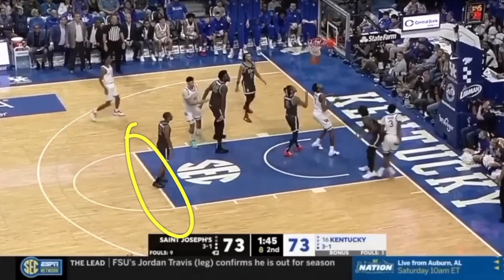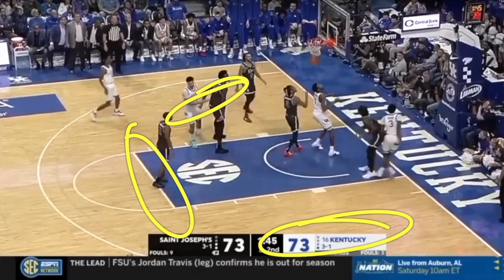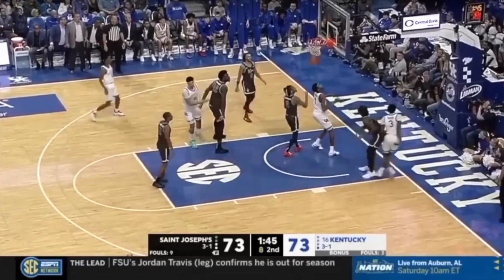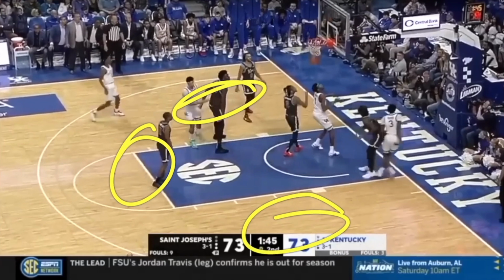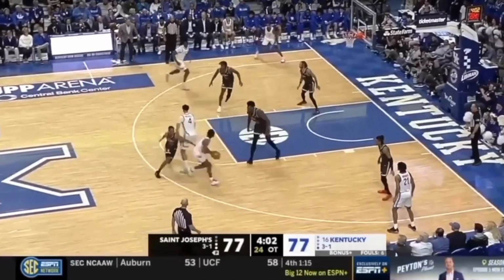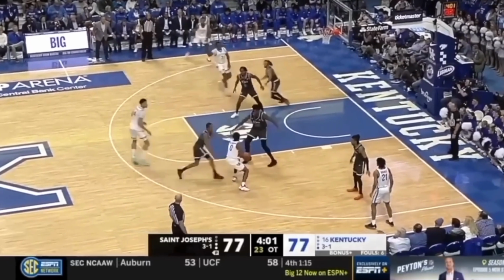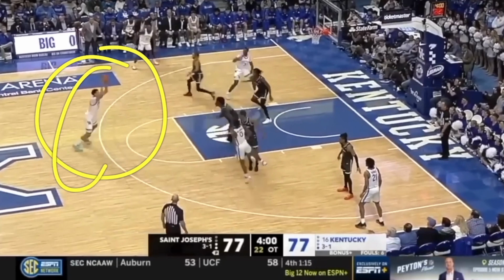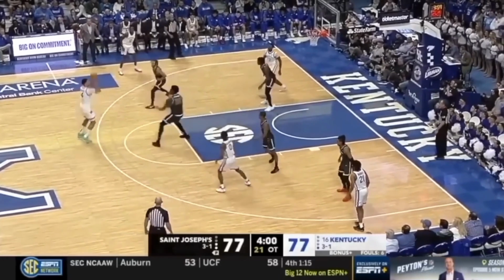Because these high post shots, these mid shots right here, are going to be shots that happen in the playoffs. They're going to cut off the paint. They're going to be running out and closing out hard on those three-point shots, which leaves these mid areas wide open in the playoffs. And the ability for him to come off of these screens and make these passes over the head like this to players who are wide open on the perimeter, Karl Anthony Towns being one of the players who may benefit from a pass and play like this, could open up the offense even more for the